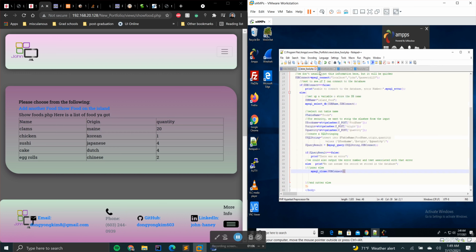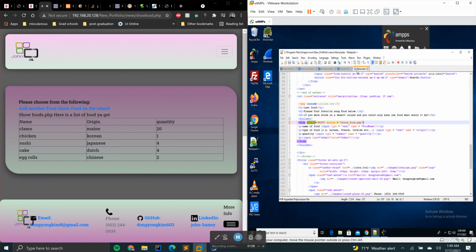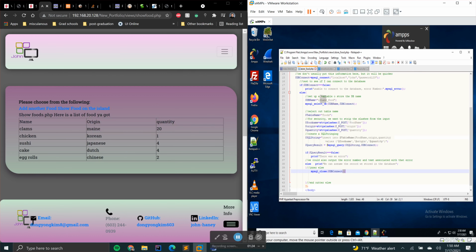Let me quickly go over how that all works. Here in the About page, we use a simple form tag with a post method, which takes in these input variables and assigns them to these names. That gets passed over into this file here,